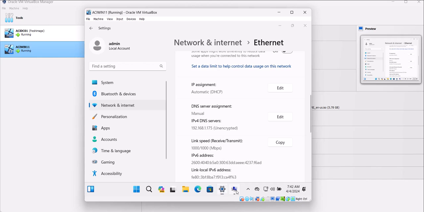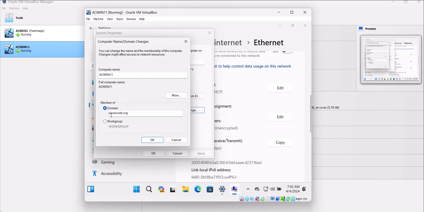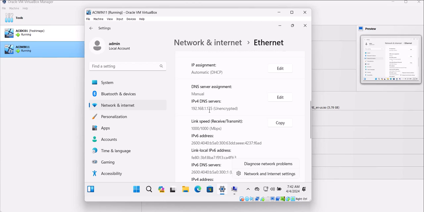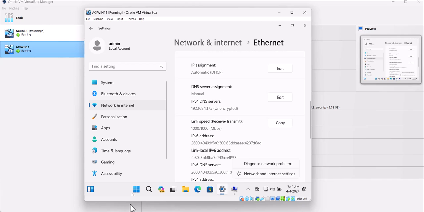And then we're going to come back to the domain controller and click OK again. So it didn't work again. So just make sure that everything is set: jssecurity.org, and then we also added the DNS information, which is basically this one, 192.168.175. And if we come back to our domain controller here, 192.168.175, that's okay. And we should also confirm it by going to here,